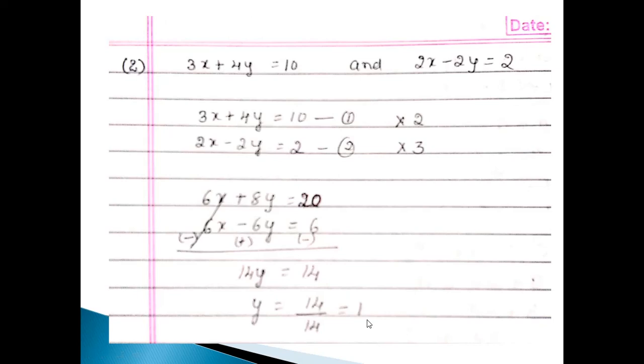So making the first terms equal is our first preference. If they are equal, directly go ahead with subtraction. If they are not equal, multiply the first equation by the coefficient of x in the second equation and the second equation by the coefficient of x of the first equation. Or we can also equate the coefficient of y. Multiply this with 4 and the first equation with 2, that can also be done.